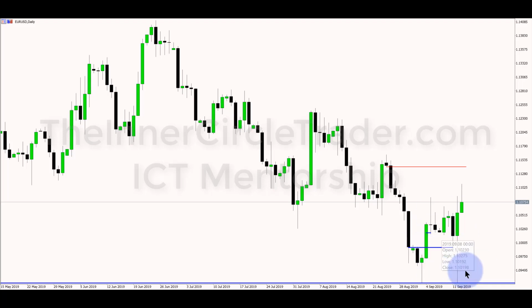We're going to go into lower time frames and dissect that a little bit more, but near term we have this SIBI here, okay, that's defined by this high and this candle's low. So we have a little bit of imbalance to reach for, and then we have buy side liquidity up here and an equal highs here and a SIBI back here. Now this is really long term, but near term I'm looking for it to run up to here, and we'll probably see that this week.